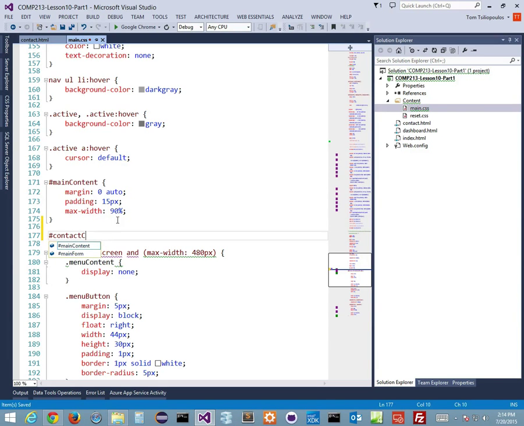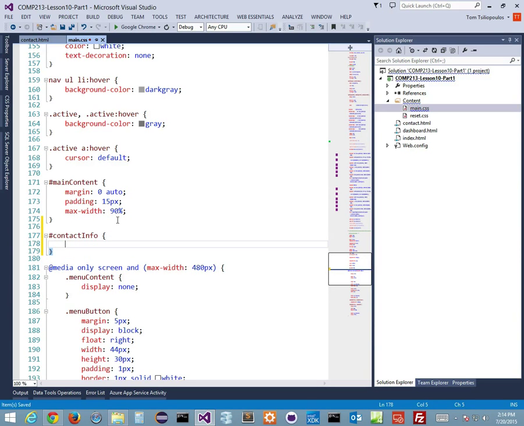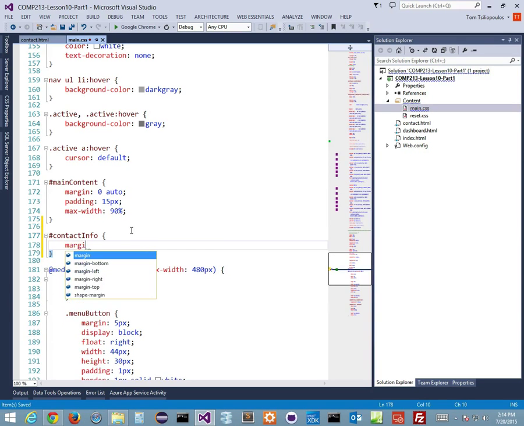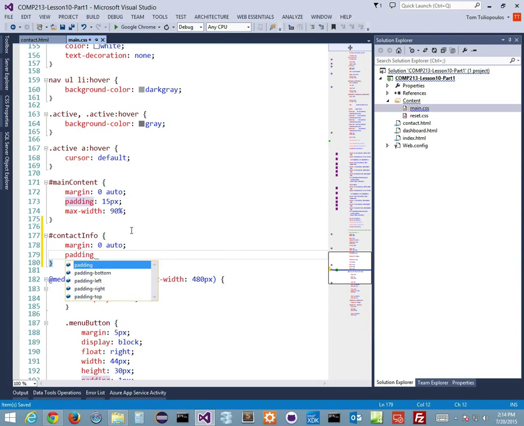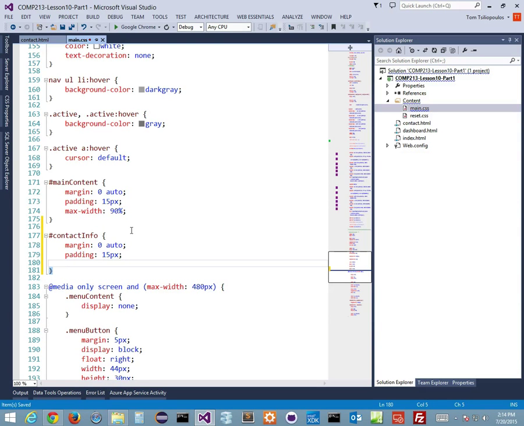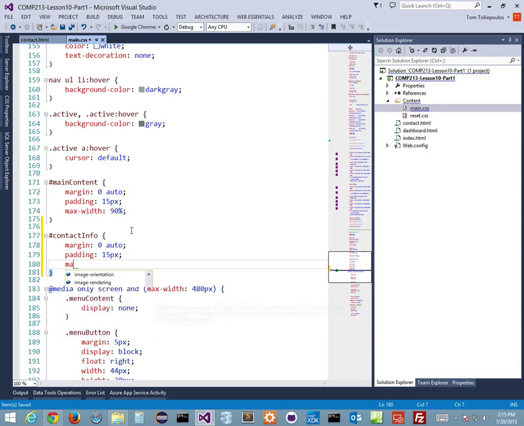Content info. I can make it like that. It makes more sense. And then my contact info would have, instead of a margin of 0 auto, well, that's okay. I like margin of 0 auto. That's cool. And maybe a padding, again, of 15 pixels, but it wouldn't have a max width of 90%, right? That'd be an issue. It's got to have a max width of, I don't know, 60%, right? So max width